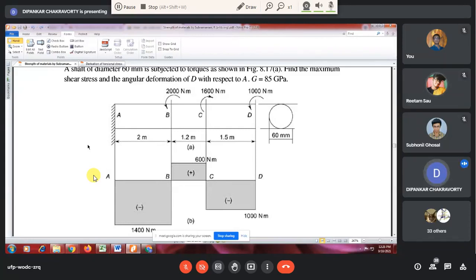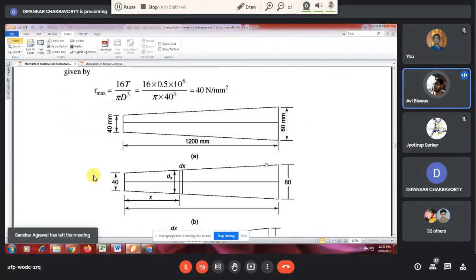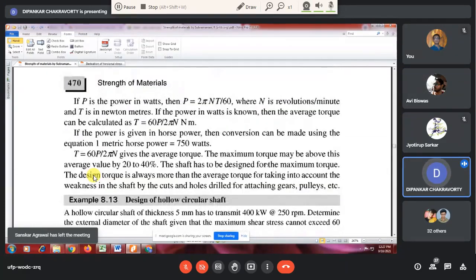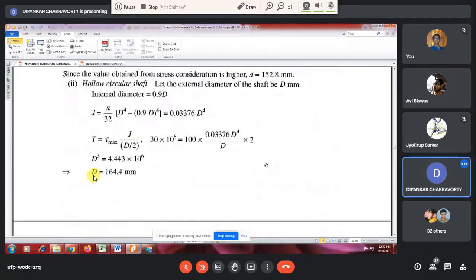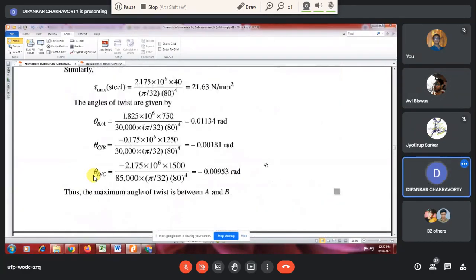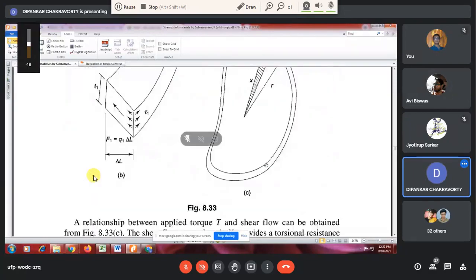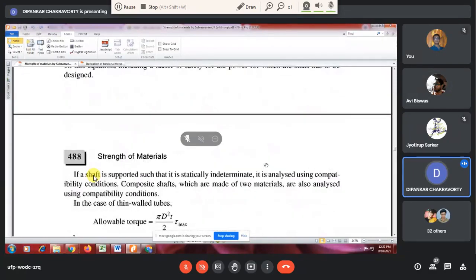Yes, sir. So please come after studying this portion. We will start from problem 8.1 the next day. I had already given this book. I am sharing the derivation with you today. Sir, can you tell us which problems we should practice? Here you have exercises. This book I've shared with you. You just go from the book, problems from the exercise. At the end you have exercises. Okay, yes, sir.